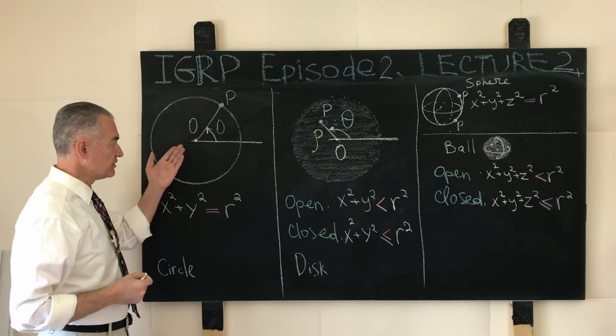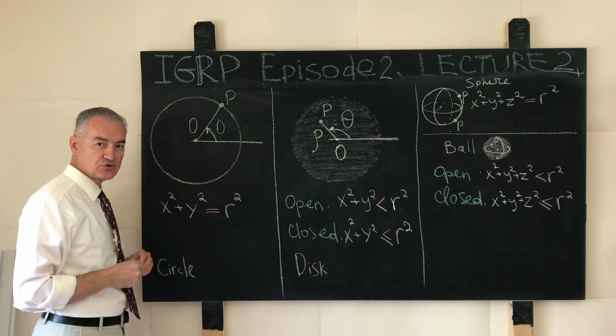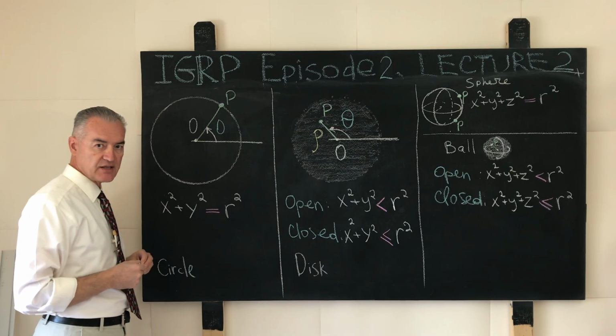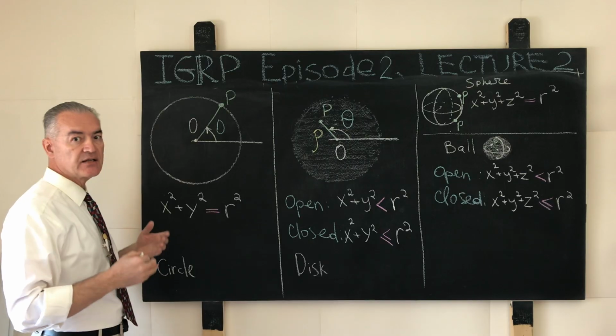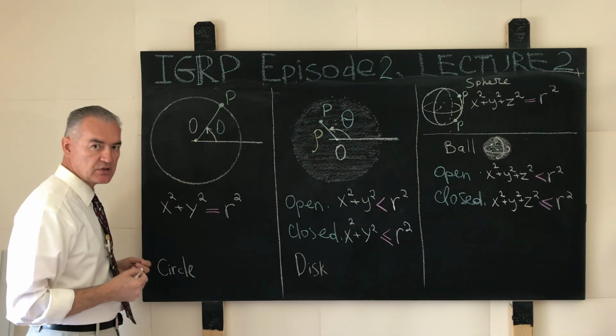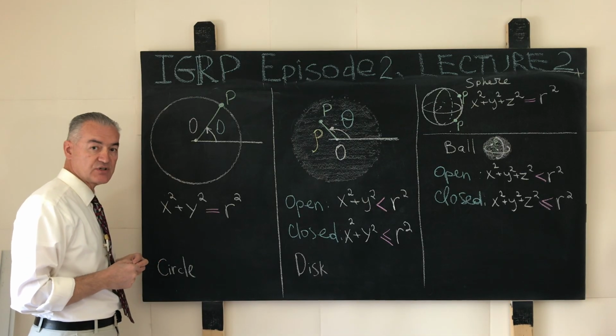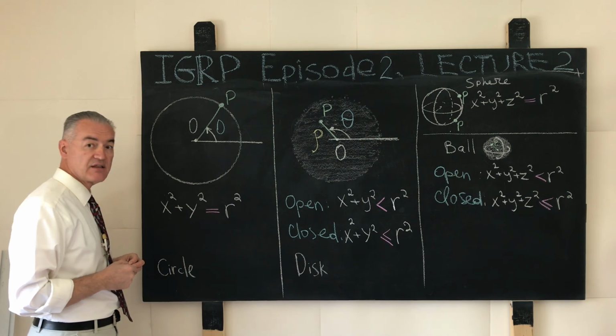Now, that point, the special fixed point, is called the center of the circle, and that fixed, given ahead of time, technically non-negative real number, and usually in the interesting case, a strictly positive real number, is called the radius